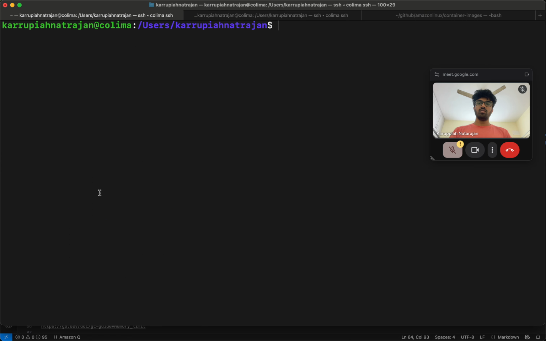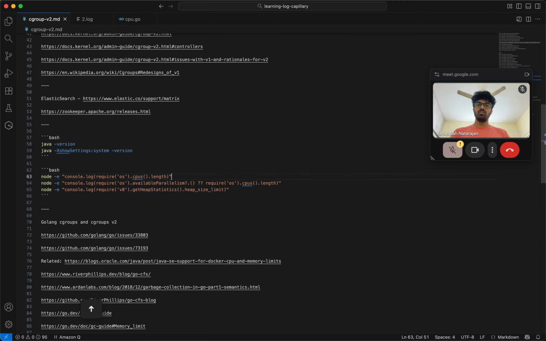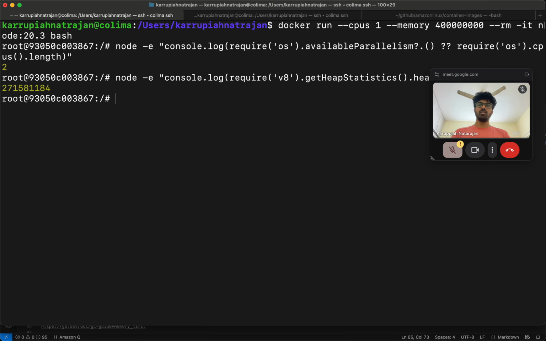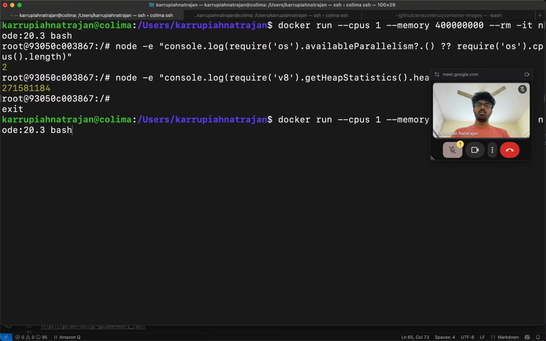Let's do this here. 20.3. I want to actually try out this. It says 2. Interesting. It has been saying the same thing since quite some time.